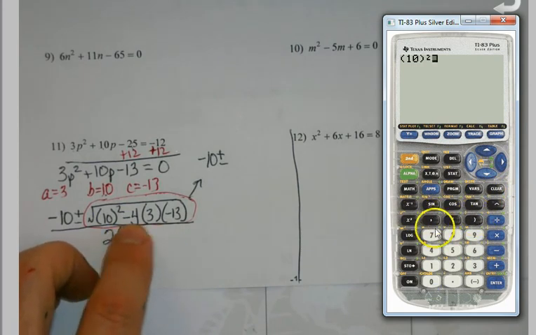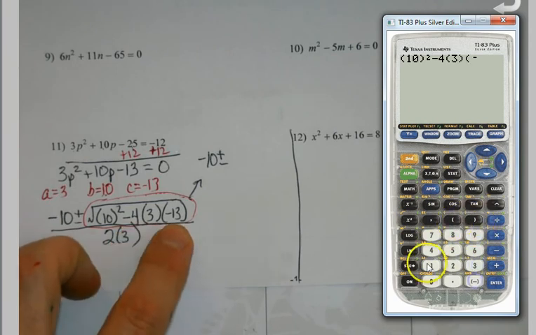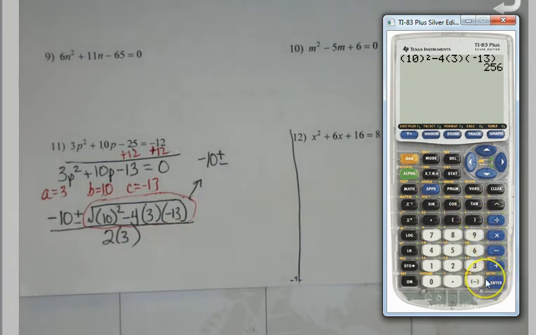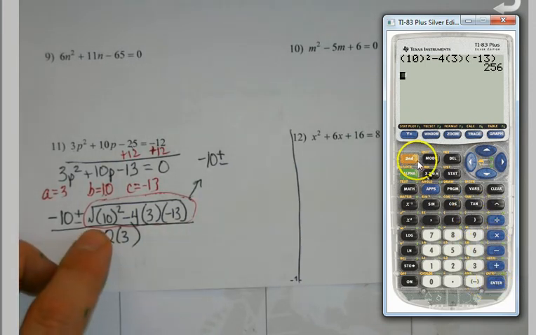10 squared minus 4 times 3 times negative 13. All right. And then I got to take the square root of that. So once I get that plugged in,